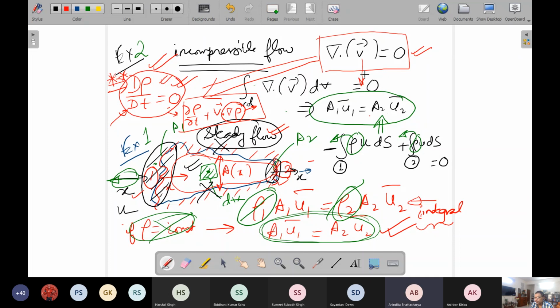So what it means is that the special restrictions that we have put up for example 1 are a little bit less restrictive than this general thing, right? Yes, sir. This general thing is much more restrictive. So we can relax that a little bit more by putting two specific restrictions only. Number one, steady flow, and number two, locally the densities are uniform over the sections 1 and 2, and those values are equal.